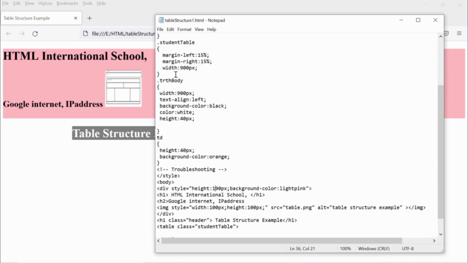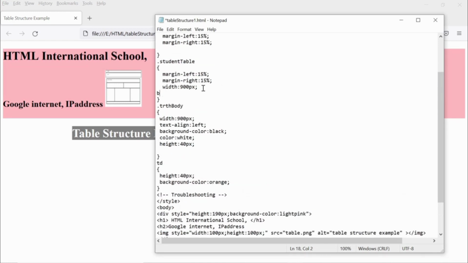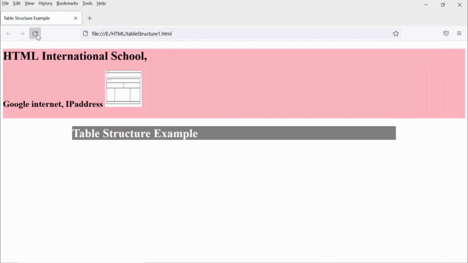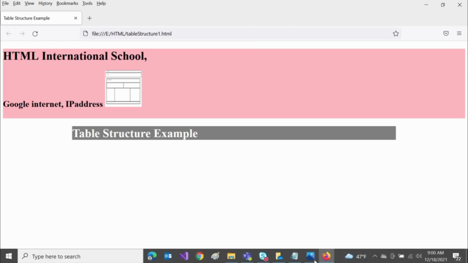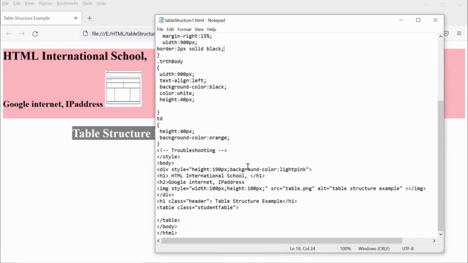So let's start with the table. Before designing this, let's add some border, because it will be easily understandable what we are doing with each row and each column that we are printing inside the web page. So let's go for it. Let's add tr first. Let's assume that we are having 4 columns.